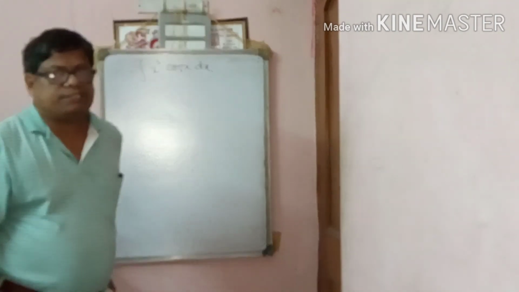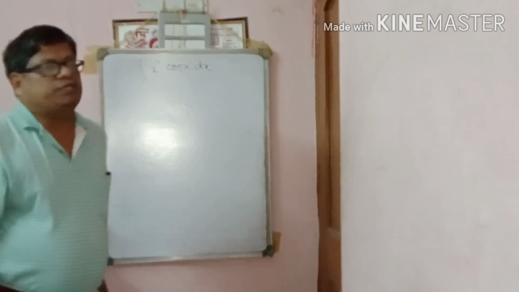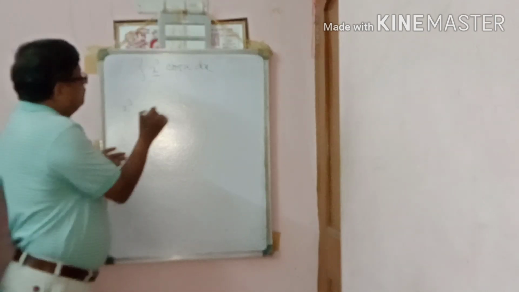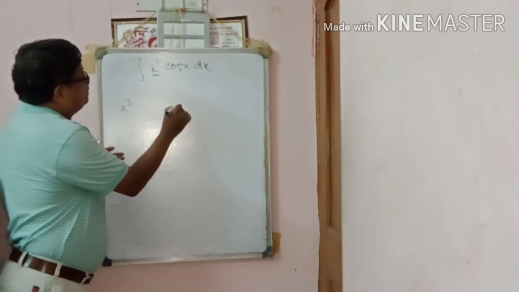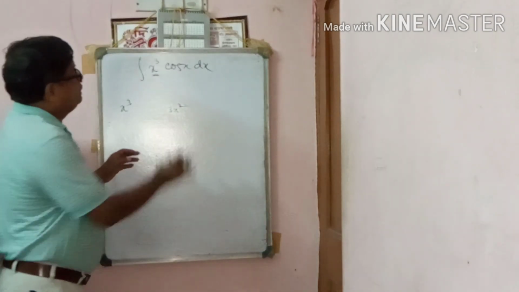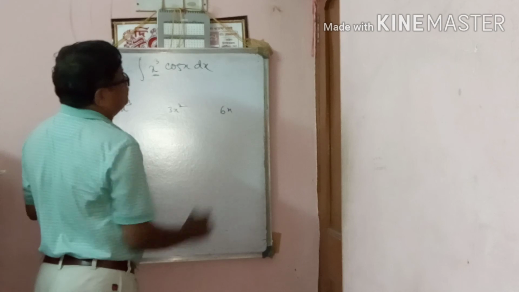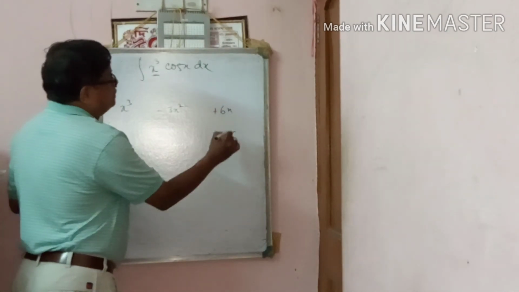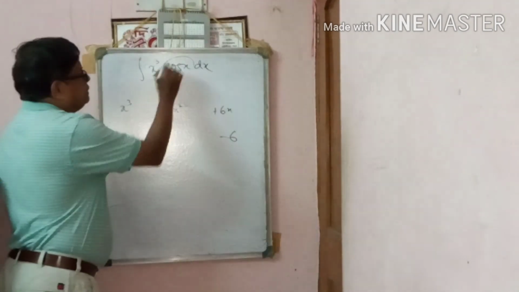Okay, integration x cube cos x dx. So this sum we do in a similar way. x cube write first, then its derivative 3x square, then 6x, then write 6. Signs: minus, this is plus, this is minus. Now cos x